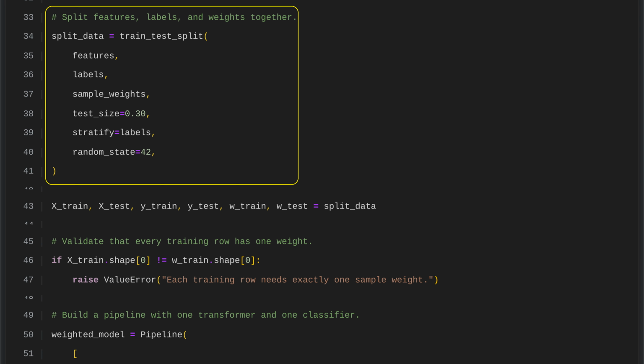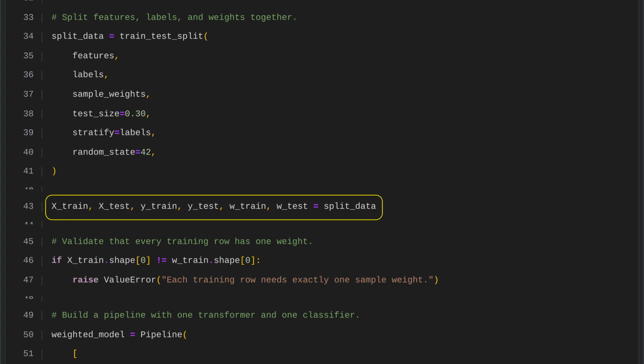We split the dataset into training and testing sets while keeping features, labels, and sample weights aligned. Using Scikit-Learn's train_test_split function, 30% of the data is held out for testing. Stratification preserves the label distribution in both sets, and a fixed random state makes the split reproducible. The split data function separates the dataset into training and testing features, labels, and sample weights. This keeps each feature set matched with its correct labels and weights, so the data is ready for later processing